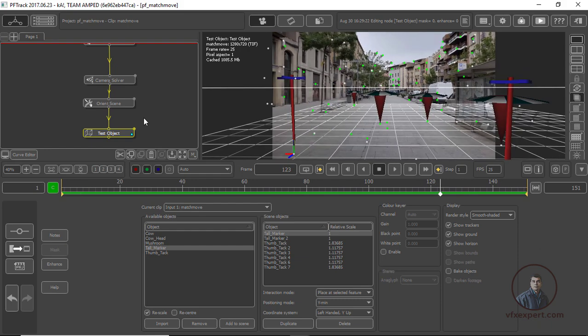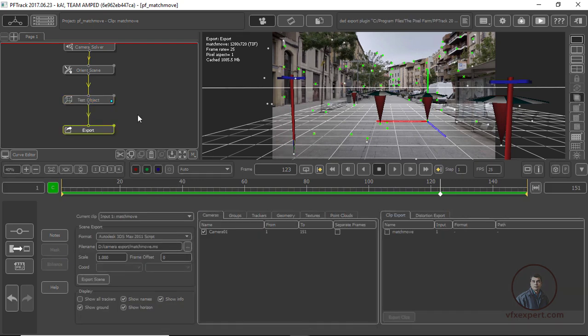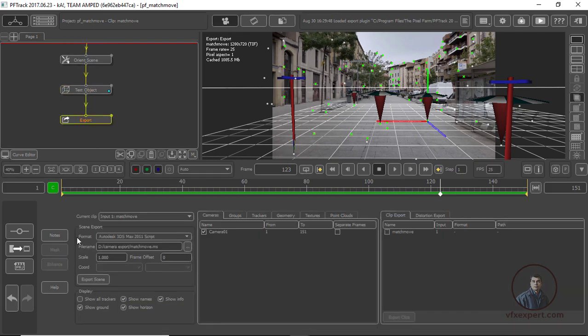Now I am going to export this tracking data for Maya. So downside after this, just right click and click on export, then click on export. First, in format you have to select your desired format, like Maya.